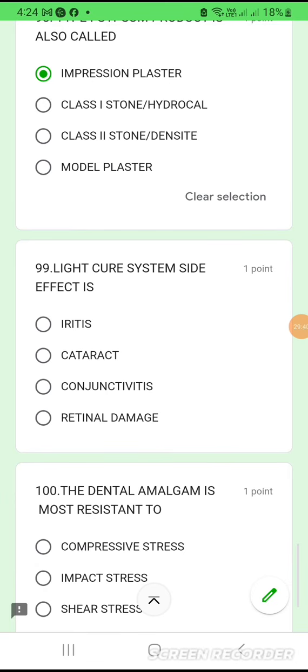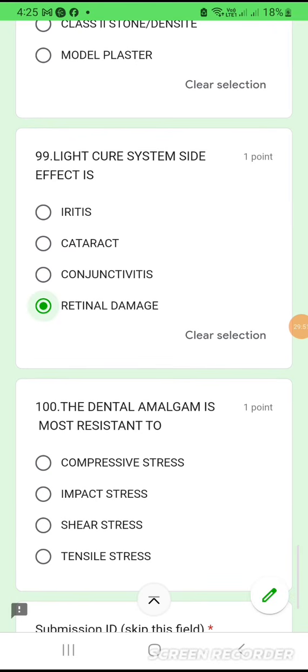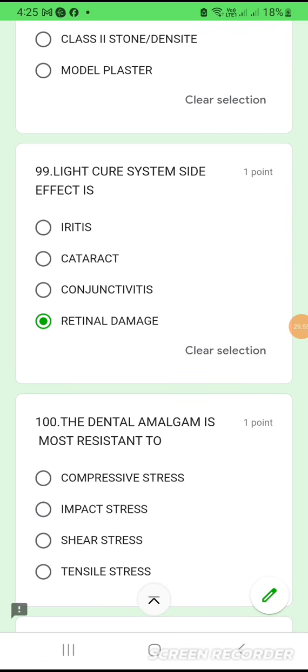99. Light cure system side effect is? So if you use a light cure system, mainly your retina will get damaged. So option 4 is the right answer, retinal damage. Light cure system, side effect is retinal damage. Coming on to the last question, the dental amalgam is most resistant to what type of stress? Compressive stress, impact stress, shear stress, or tensile stress? The dental